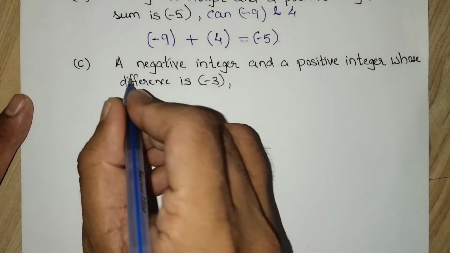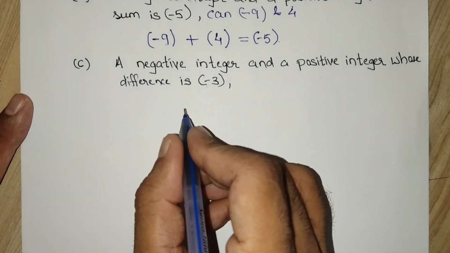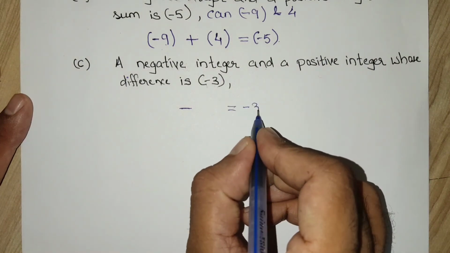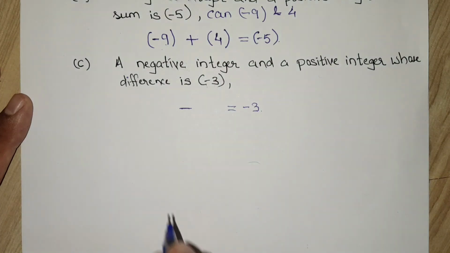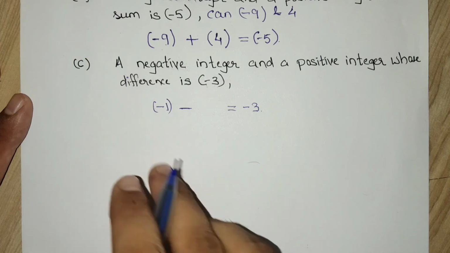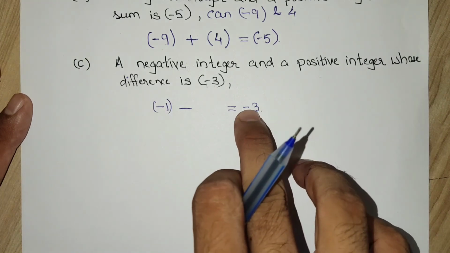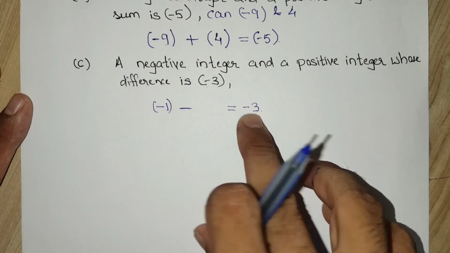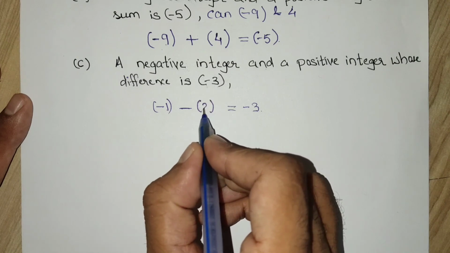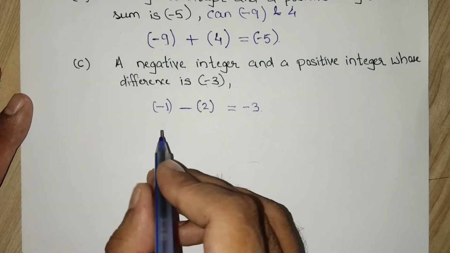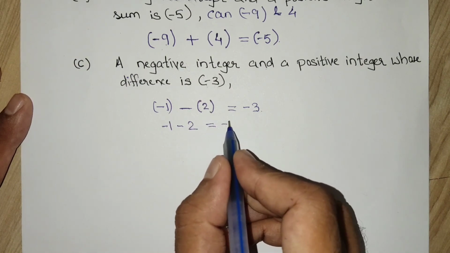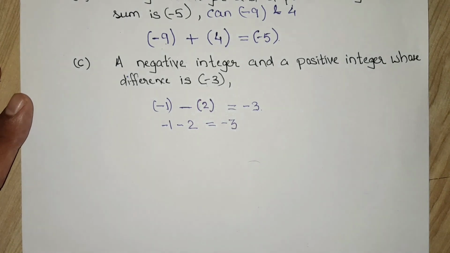Students, one such number in my mind, if I am taking difference and I want the result minus 3, so I can take minus 1. Now I already have minus 1. How much do I want? Minus 2, right? Already minus is here, so I will take one positive number, as they have told us. So I will take 2, which will eventually become minus 1 and minus 2. Together they will give me minus 3.